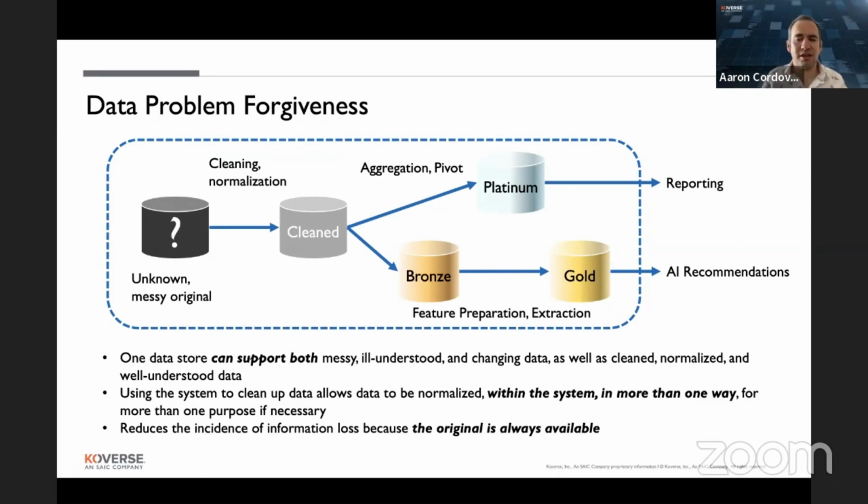So there's talk of this progression of data from bronze to silver to gold that you might see out there in the marketing, and that's a great process to be able to support. It just happens to be very specific to machine learning. So what a lot of folks are talking about when they talk about going from bronze to silver to gold is taking data and getting it ready for machine learning, and making sure that it's easy to update that